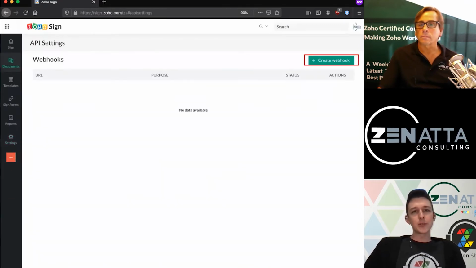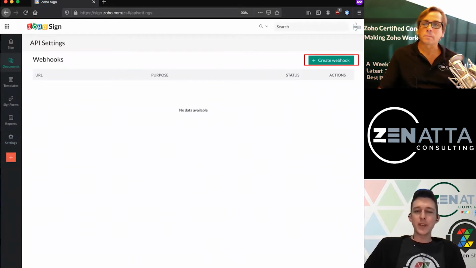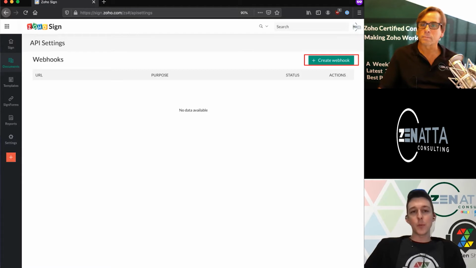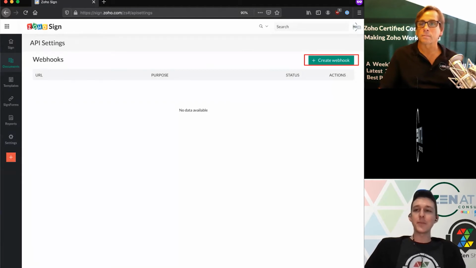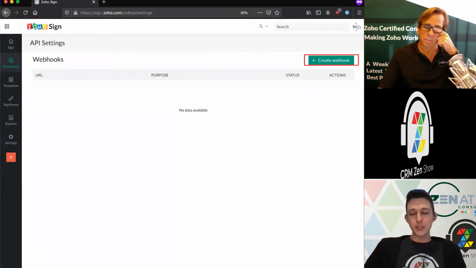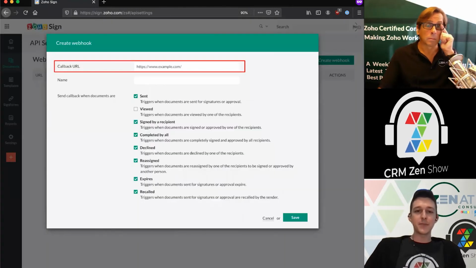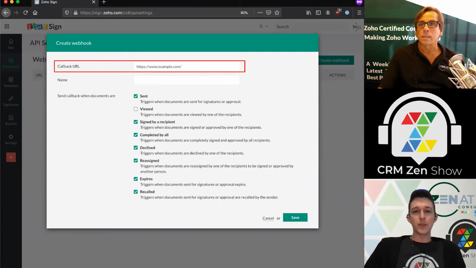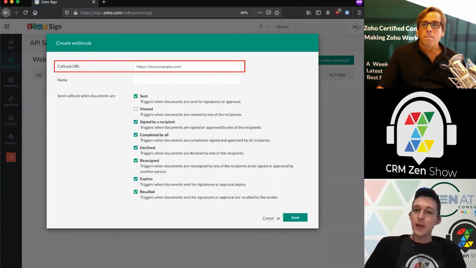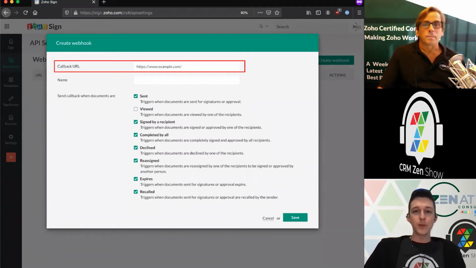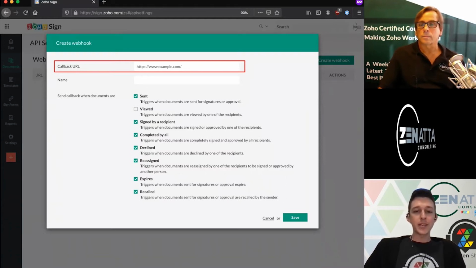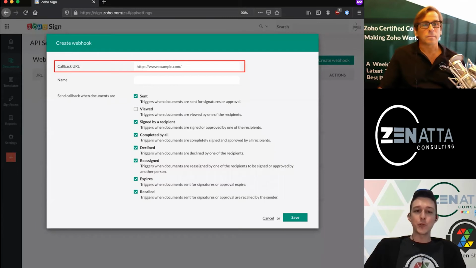One little additional settings section here, kind of more for the developers in the room. You can actually set up webhooks inside of Zoho Sign. In essence, a webhook is just a way to send a set of data to another place. So maybe you're going to integrate this with a third-party system. Maybe you want to route some of this through Zoho Flow and do some cool stuff in the CRM with it. But I do just want to highlight, there's actually a really robust set of triggers that you can use